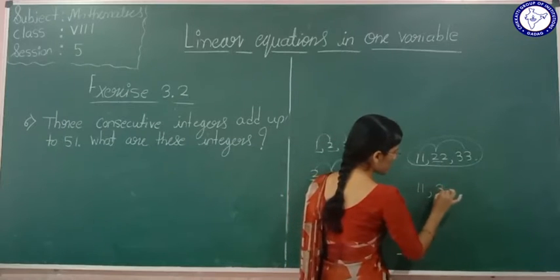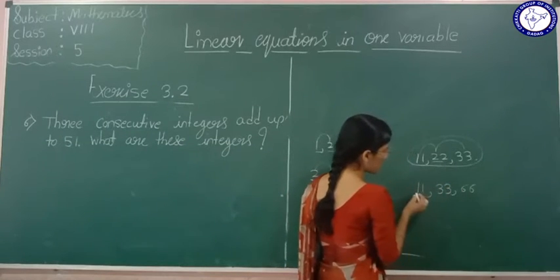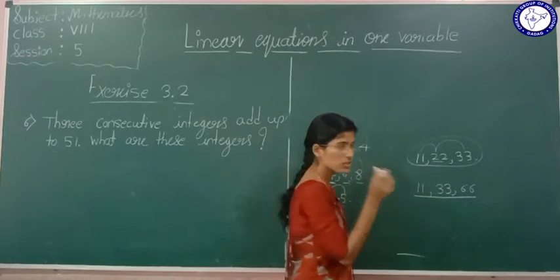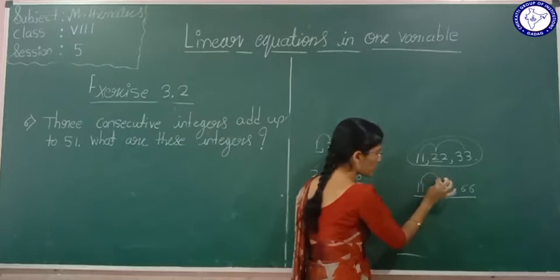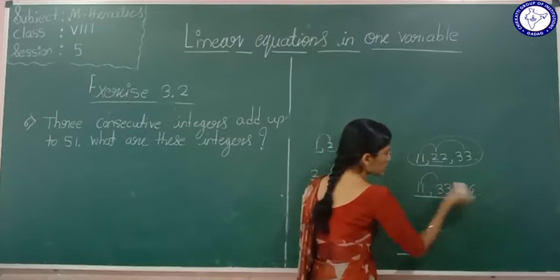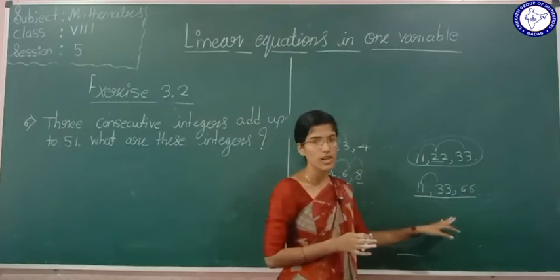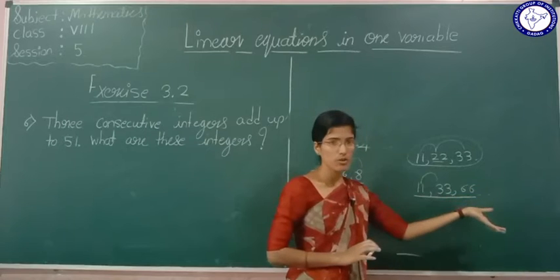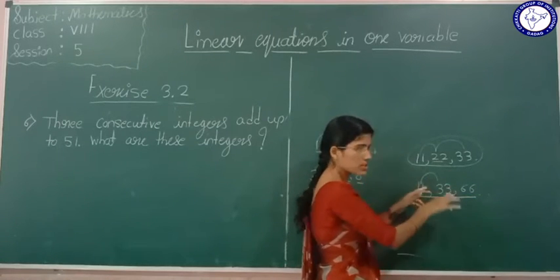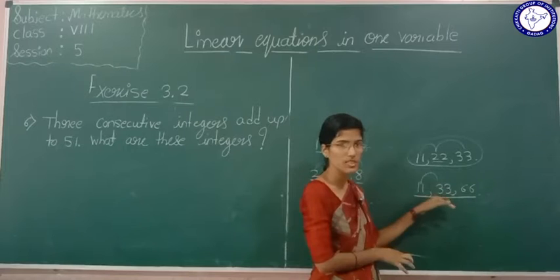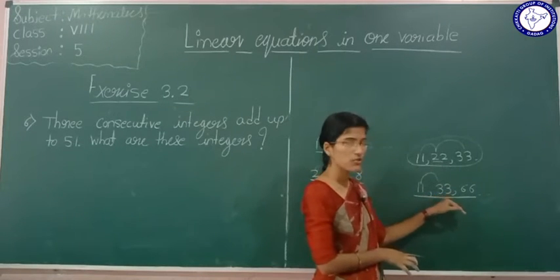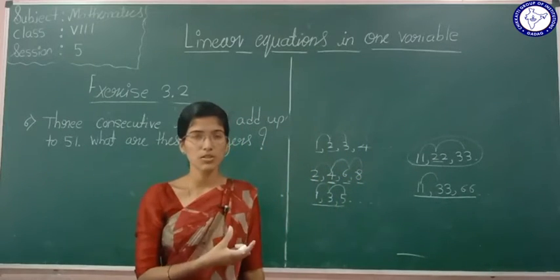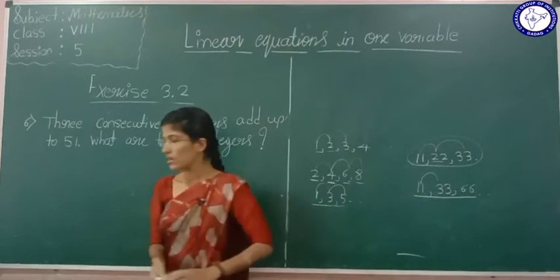See, if I tell this is not 3 consecutive multiples of 11. See, after 11, what is the multiple of 11? 22. Here these 3 numbers are not consecutive multiples of 11. This is just a multiple of 11. Consecutive means after 11, 22 should come. Here 22 did not come. This is not consecutive multiples of 11, this is just multiples of 11. Consecutive means the next number should come. We can tell that.